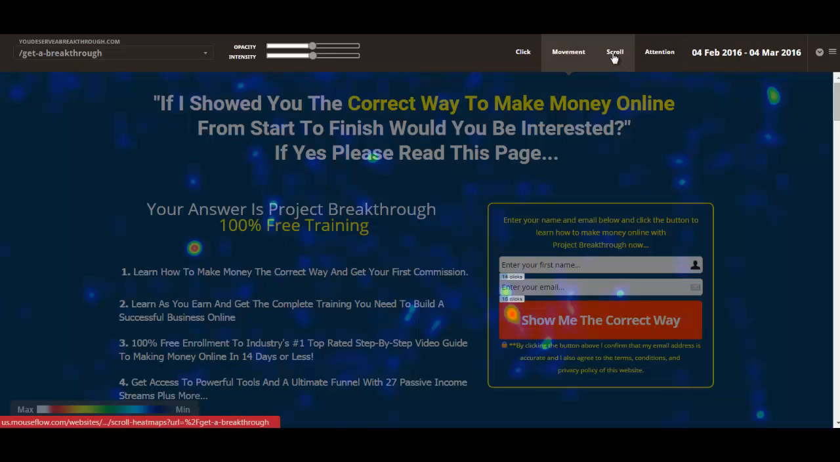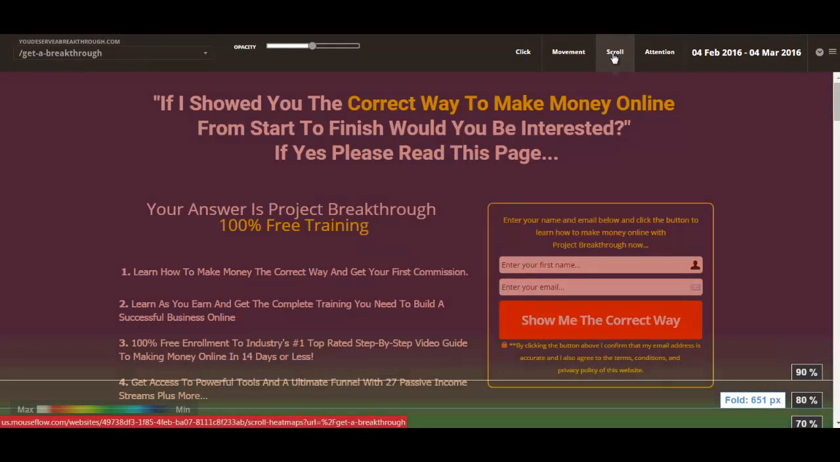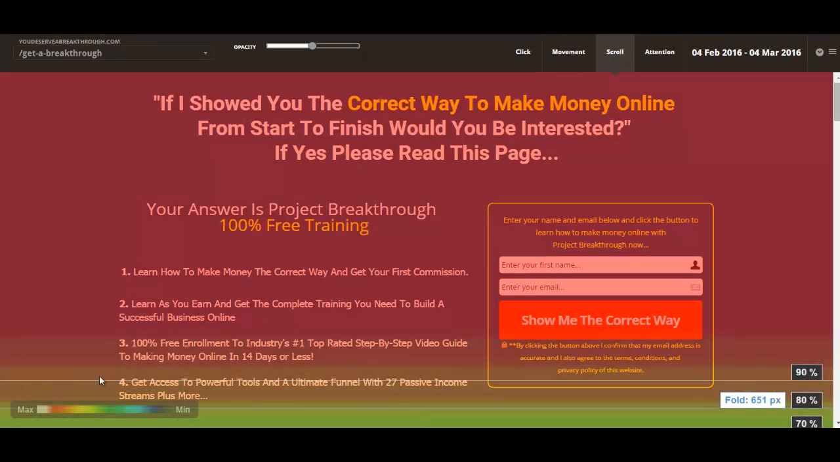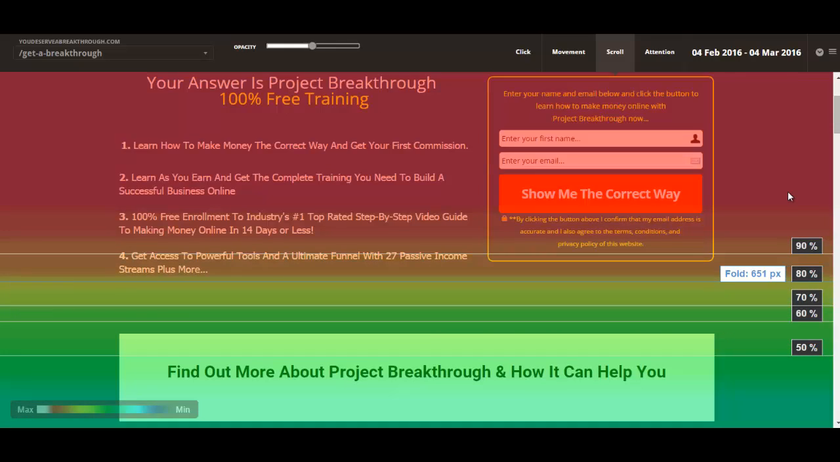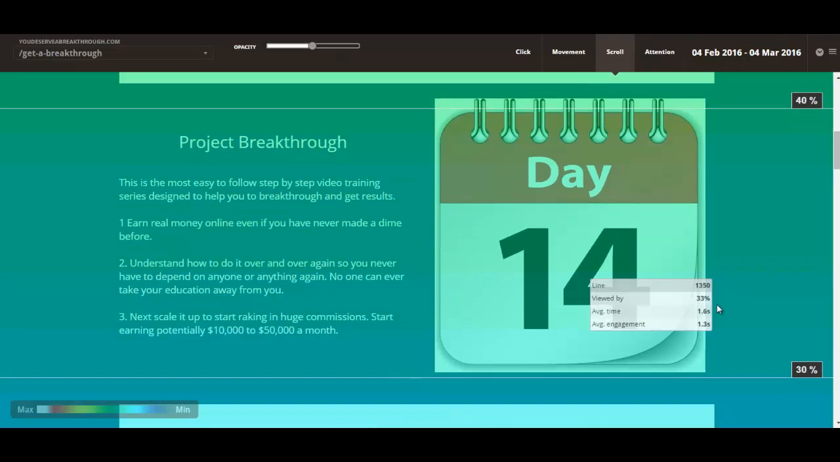Alright, now this is the scroll. I was telling you about the percentage of how far they're going down the page. So this is color coded too, and most likely everybody's going to see this part when it comes up. So you're going to get 100% there. I can't see that you wouldn't. But as far as going down, people drop off really quickly,